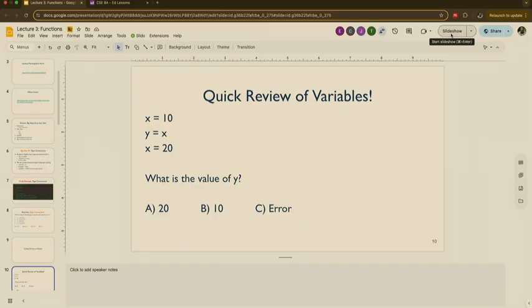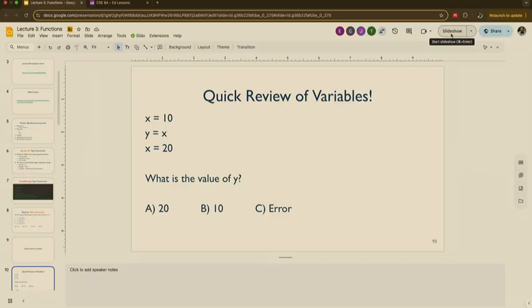Anyways, so when we're working with variables, remember, when we're setting a variable, we're setting x to be equal to 10. Anything to the right of the equals sign, we're going to store into x. And that was 10. For y, anything to the right, we're going to make into y. We see that it's x. What's x again? It goes and checks, it's 10. Okay, y is 10 now.